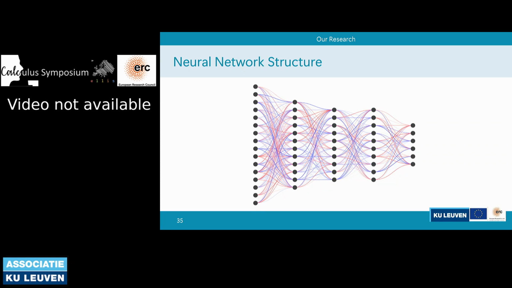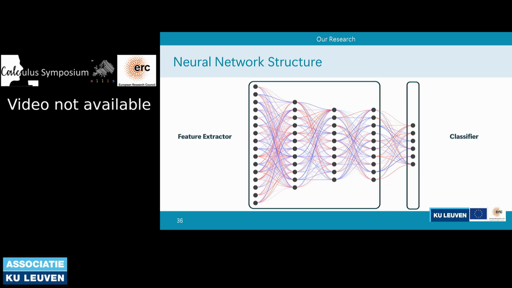considering how a neural network is structured. And we split it into two components. We will say that the final layer of the network is the classifier layer, and all the layers that come before that is the feature extractor. So here we have a network of a number of layers, and the final layer is the classifier, and all the layers that come before comprise the feature extractor. And we need to think now, what are the characteristics of these two sub-modules?